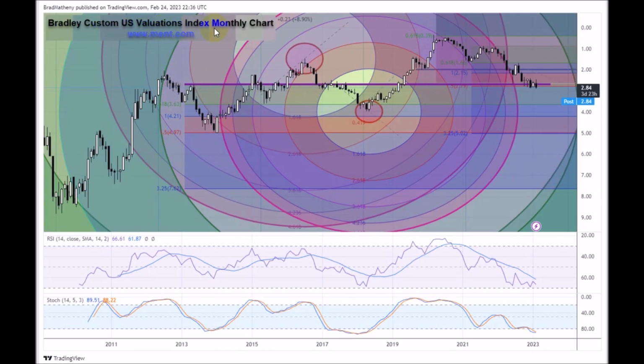U.S. Valuations Trend Index moving downward, still holding up above these lows. We need to see it hold up for the end of February. I really want to see it try to hold above this 2.79 area, which we may or may not do depending on what happens over the next week or so. We have very strong support in this area, and if we cannot hold this area, folks, then we're coming back